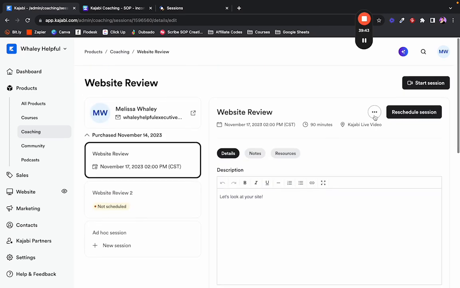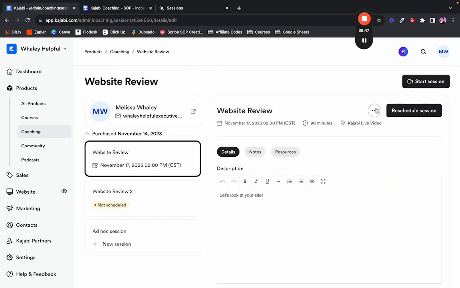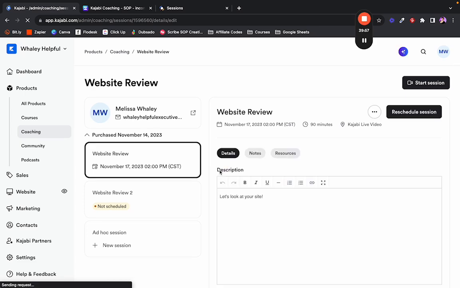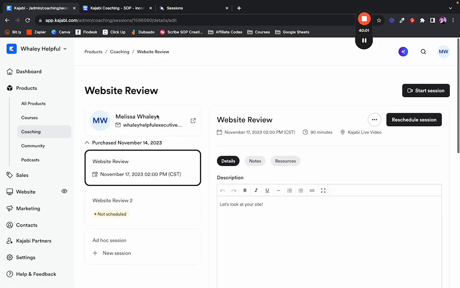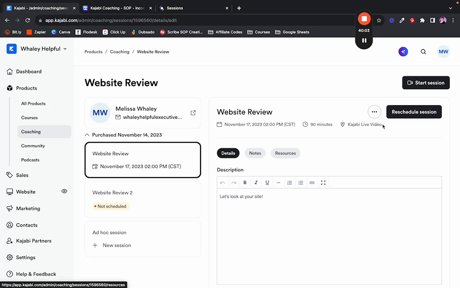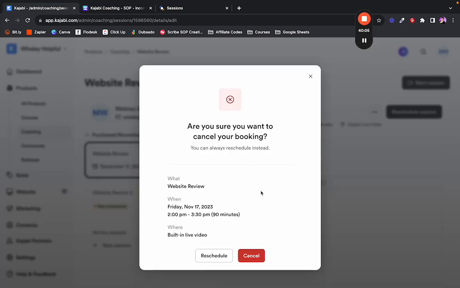And as we can see here too, we can start the session whenever we want, so we don't have to wait for that specific time. You can cancel it from your screen and you can reschedule. So I'm going to go ahead and check and see if it'll... Okay, so even though we did a recording, it'll still keep this meeting. So I'm going to cancel it on my end